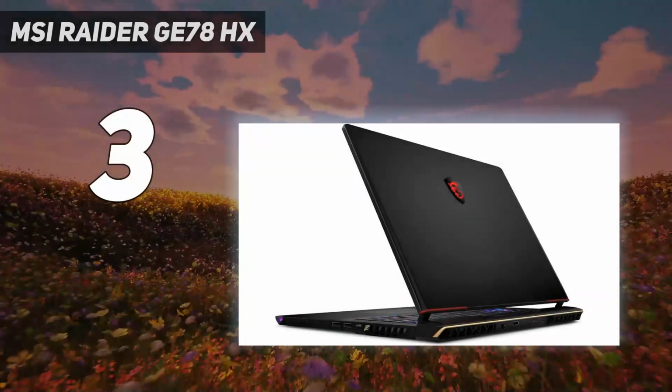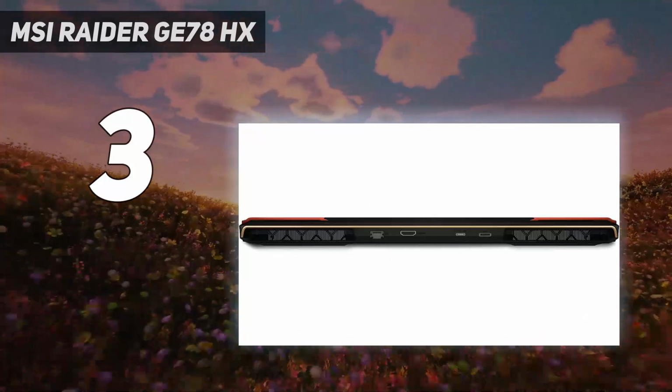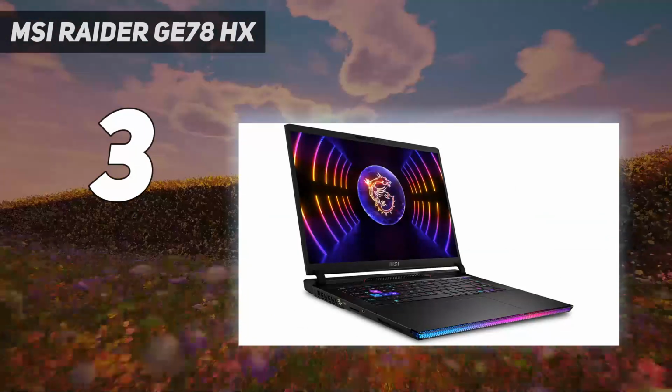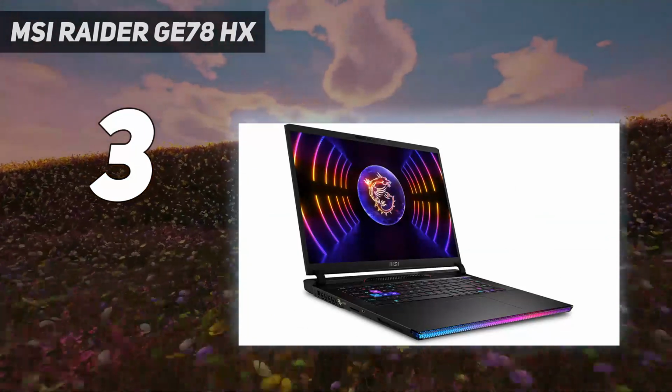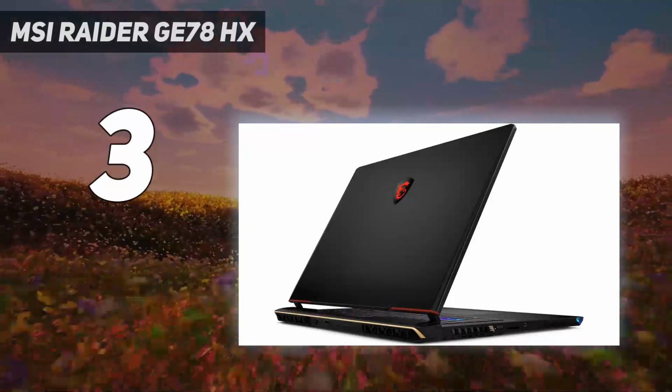At number 3. MSI Raider GE78HX. 17-inch laptops may not be the biggest around anymore, but they can still deliver a balance of power and immersion. The MSI GE78HX Raider is a powerful laptop. We reviewed it with an Intel Core